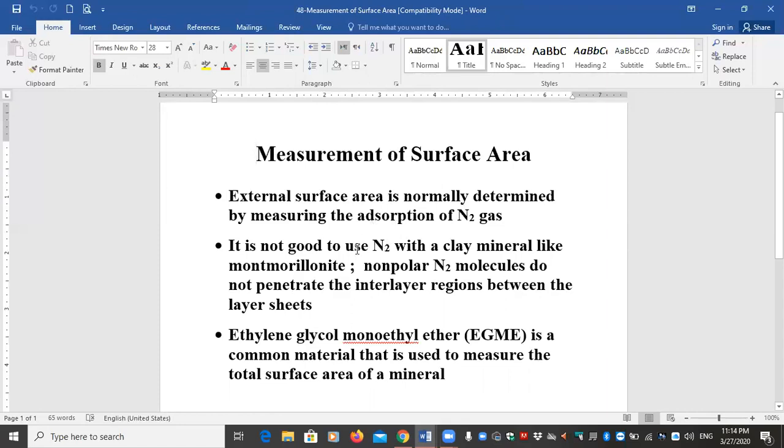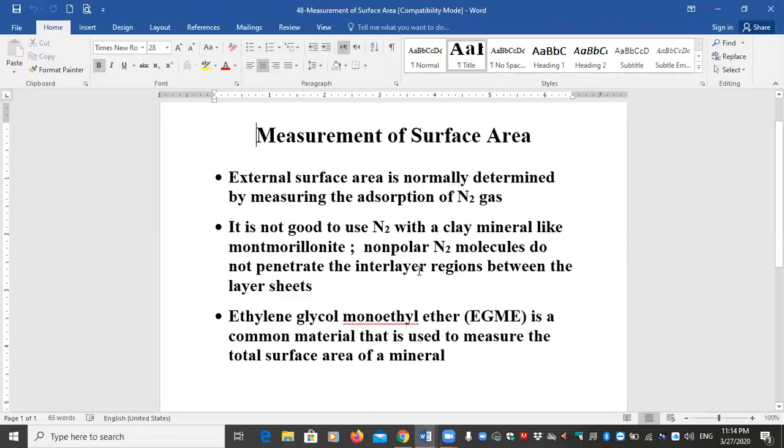So the use of adsorption of N2 gas will be fine. This will be okay for that type of minerals. But if you have expanding minerals of this smectite group like montmorillonite, then you need a polar gas, or polar molecule, that goes into or between the layers, the interlayer spaces. That way we can measure the total surface area. So N2 is not good for that, but it can be used to determine the surface area of kaolinite and